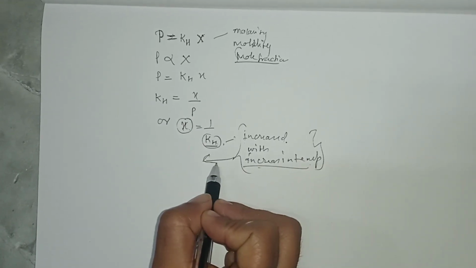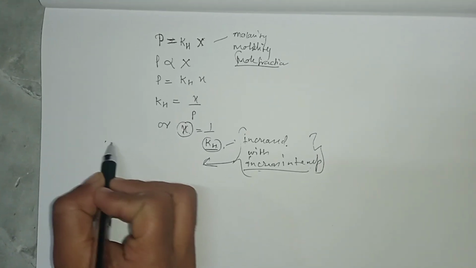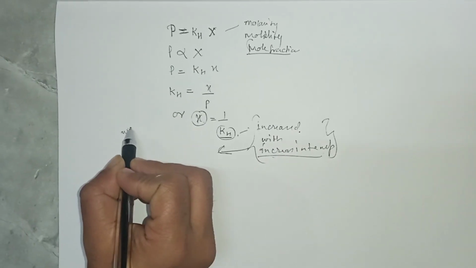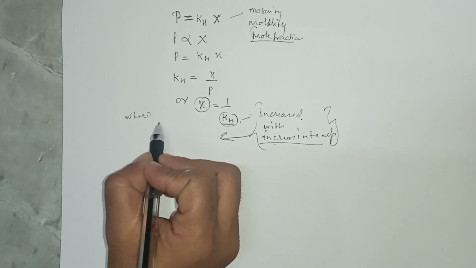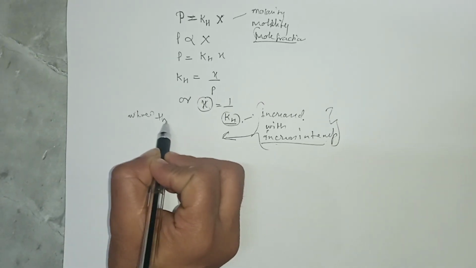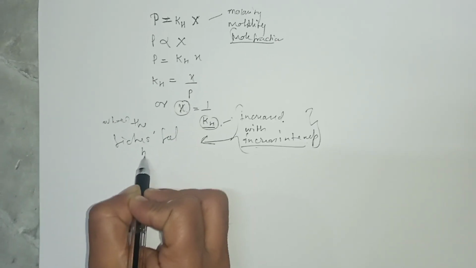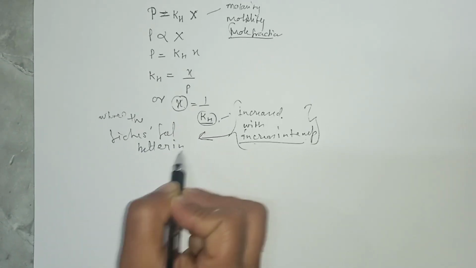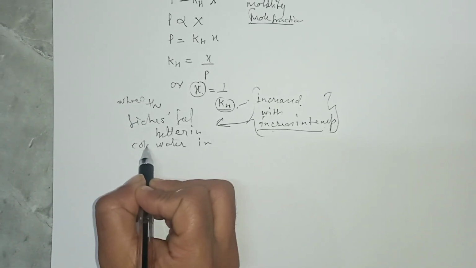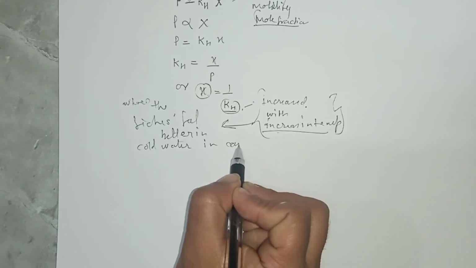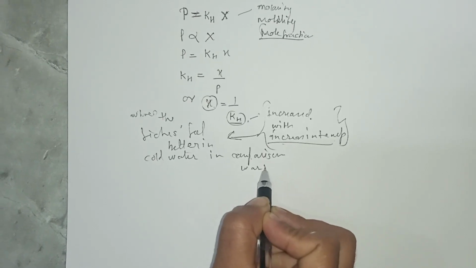This line will give us several questions that may be asked in exams, like why the fishes feel better in cold water in comparison to hot water, or warm water,